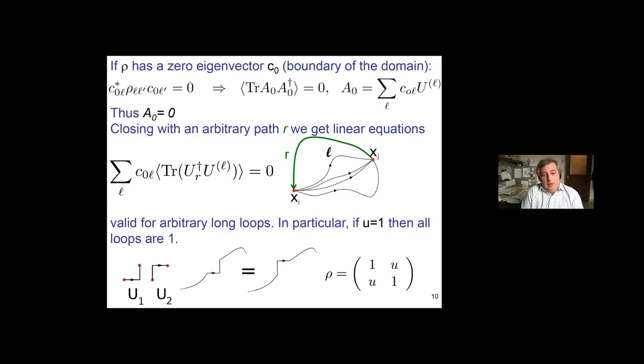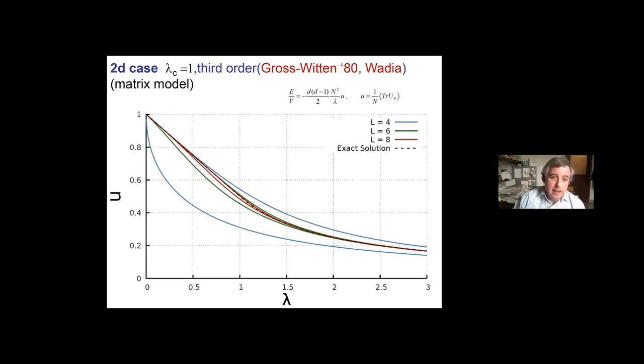And another interesting point is that the space of allowed rho matrices ends when one eigenvalue becomes 0. But when one eigenvalue becomes 0, one can see that this means that the linear combination of the open Wilson lines is 0. And that means that by closing it with any other arbitrary line, you get an infinite number of constraints on the Wilson loop. So these theories that give us the boundary of the space of allowed rho matrices are very special. And if we apply this to the two-dimensional case, and that's just the unitary matrix model